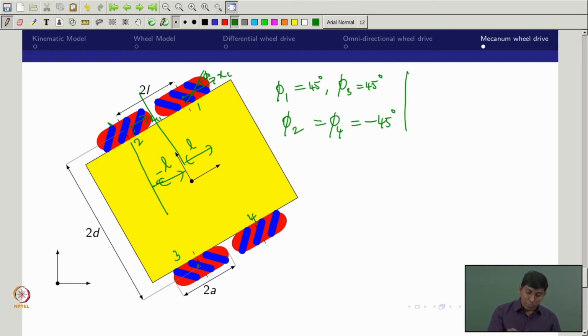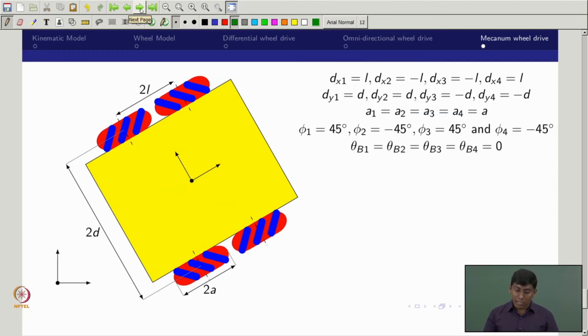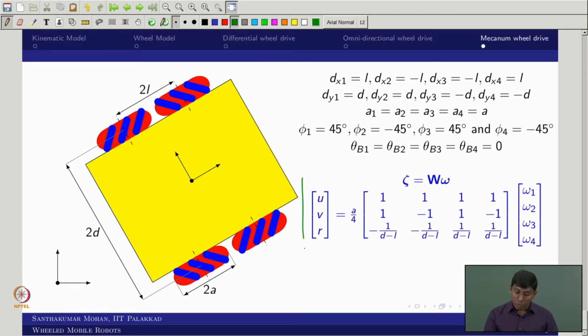So, this is actually like minus L. Similarly, this distance is plus d as per the coordinate. So, this is minus d, right. Now you can get, that is what we did in lecture 8. So, these are the cases. Now, if you substitute, what will you get? You will get this particular final model.